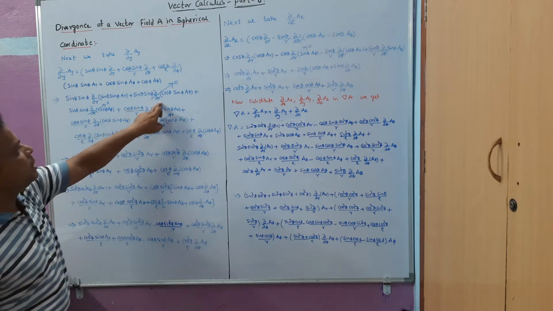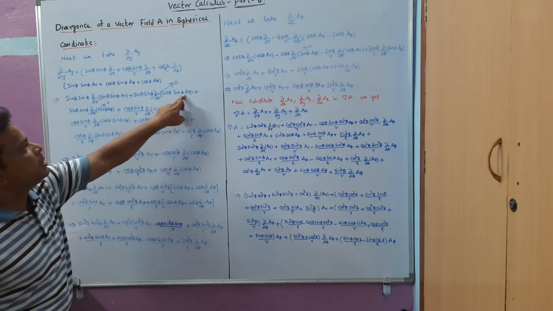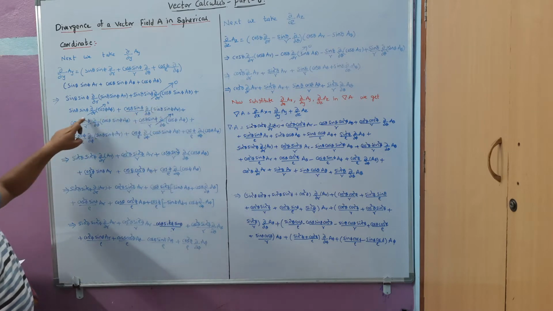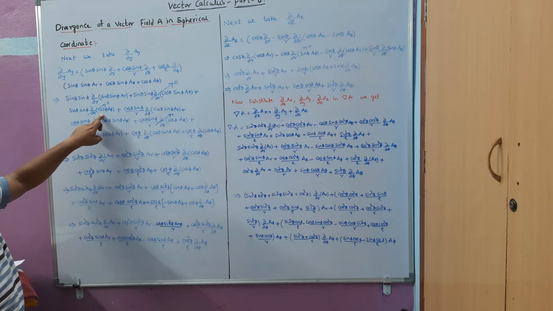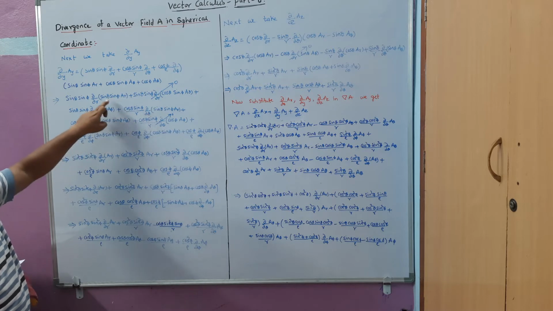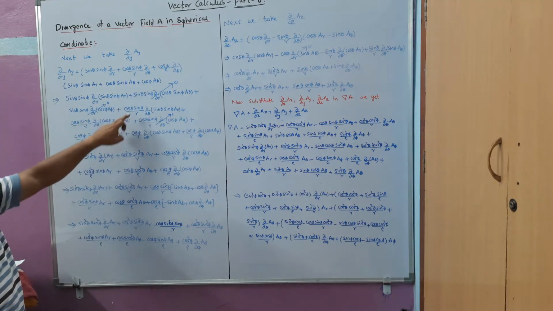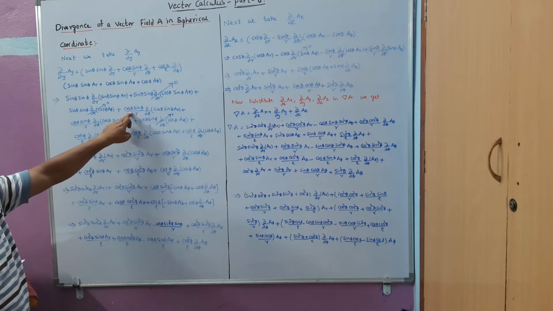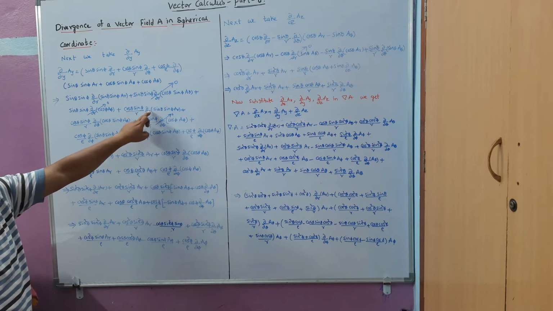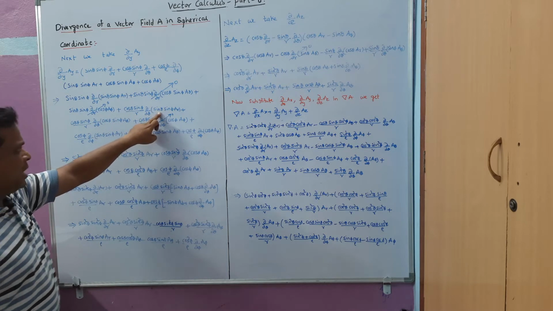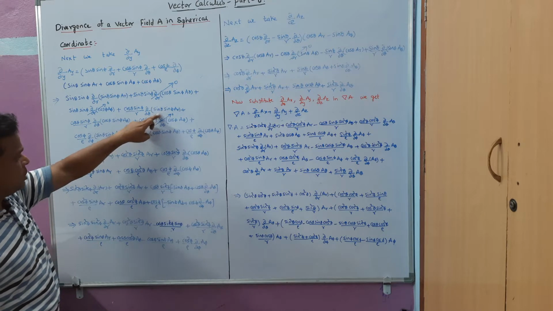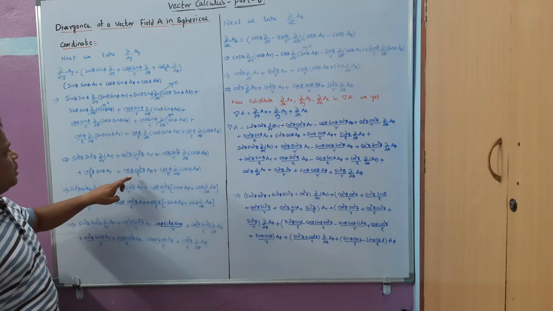So here we don't have any term with respect to r, this term is 0, constant, and with respect to r we don't have any term here, so this is also 0. Here also you can see dou by dou r of, with respect to this one we will get sin square theta sin square phi dou by dou r of Ar. So similarly this one, sin cos theta sin phi by r dou by dou theta of sin theta, the differentiation of sin theta is cos theta here. So here we get this one,